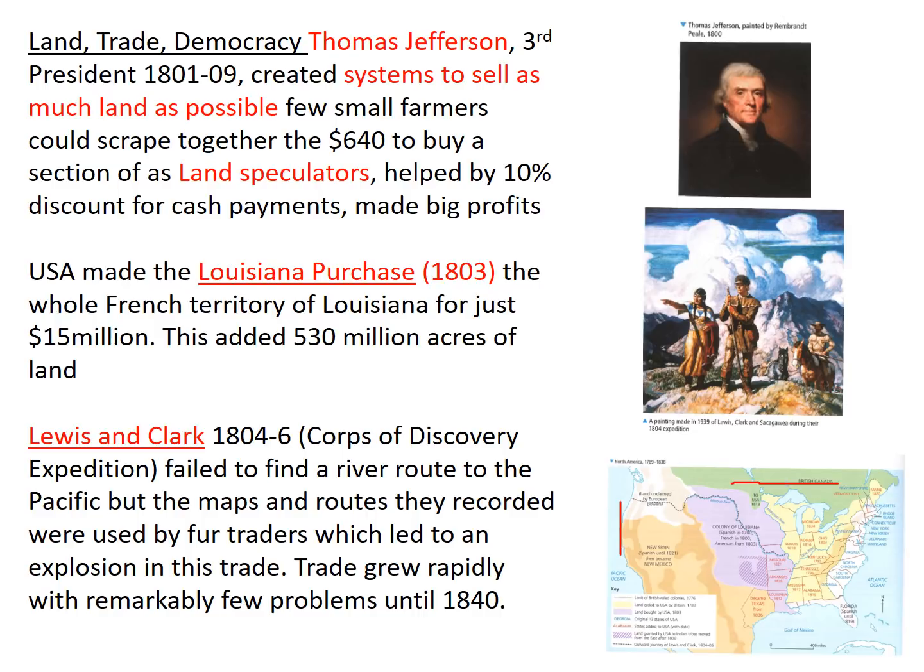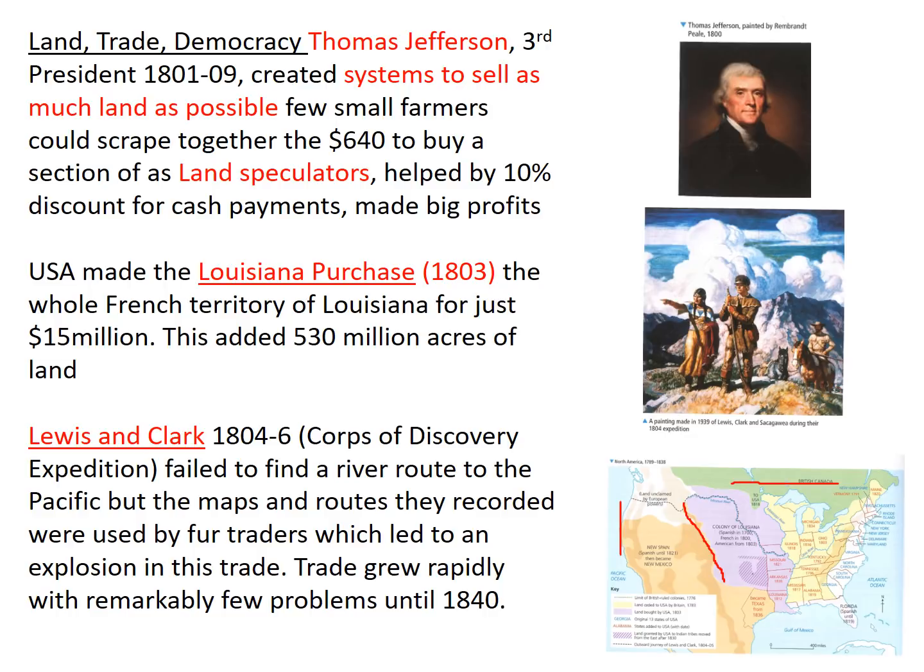French territory of Louisiana, which is this whole purple area down here, is sold to the Americans for just $15 million with 530 million acres, and later on we get a smaller territory of Louisiana, but that's a huge purchase they've made there. And then we got the American pioneering spirit with Lewis and Clark, with the Corps of